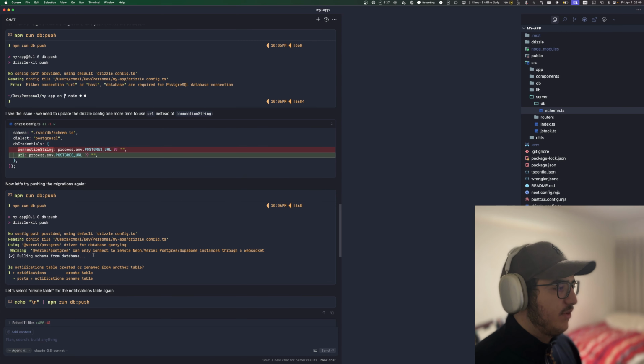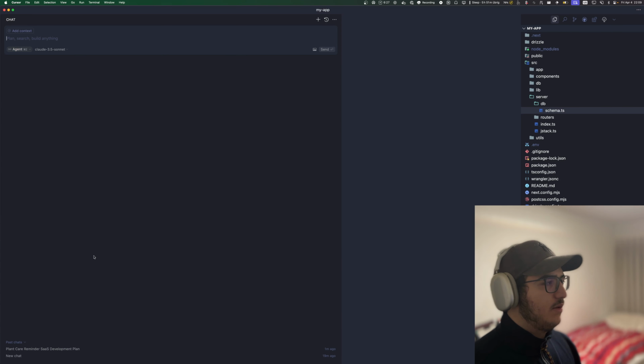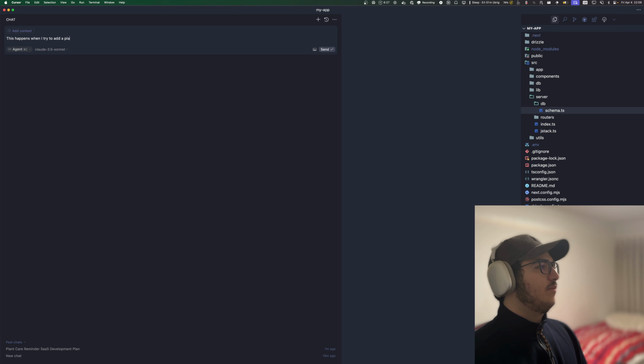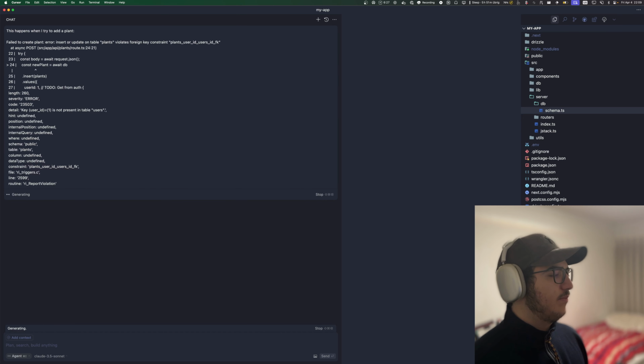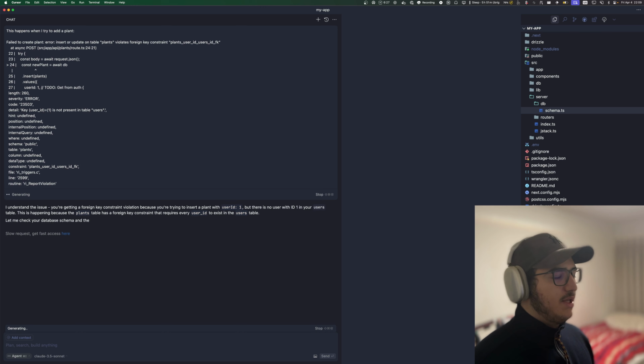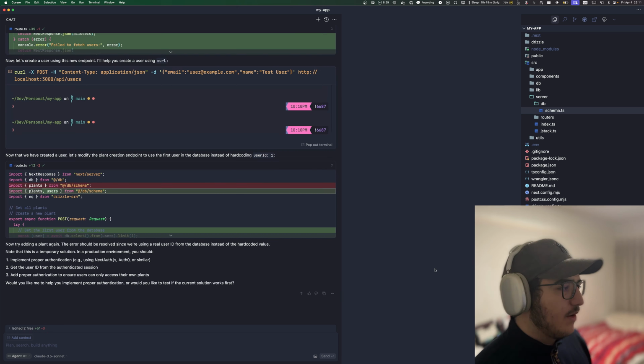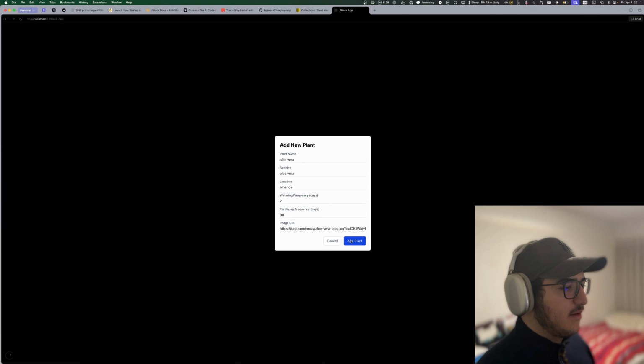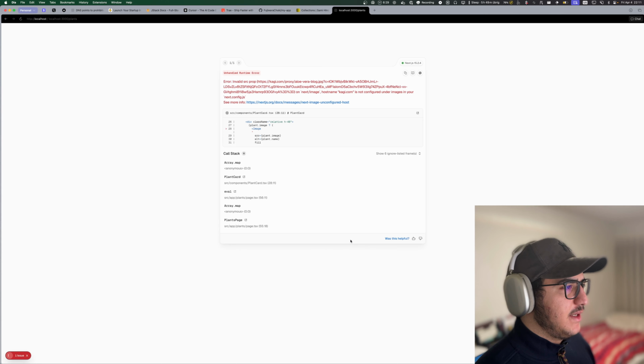Let's copy this error. Now it should be able to figure it out on its own. If not, it's always great to have coding knowledge. Okay, so it seems like it's done. Once again, hopefully. Let's go back, click add plant, and something happened, but I think I know what that error is,